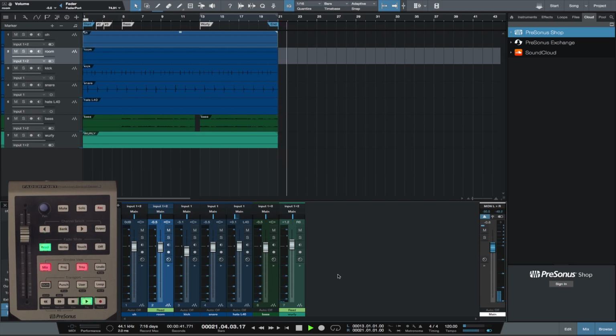I think the Faderport is a great addition to Studio One 3. It's now a part of my workflow. Having the ability to write automation with a fader is fantastic. It's very well designed, well built, and for me was literally plug and play, no setup. For what you can buy a Faderport for, I regret not